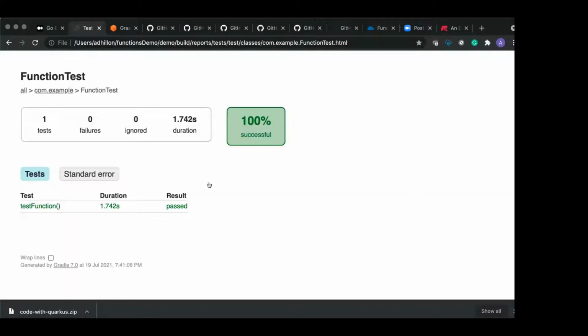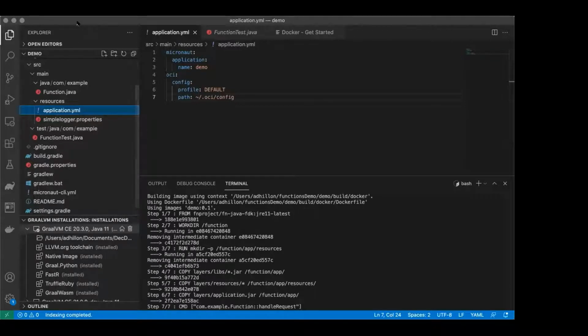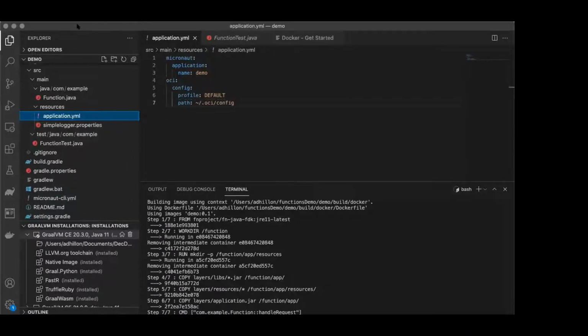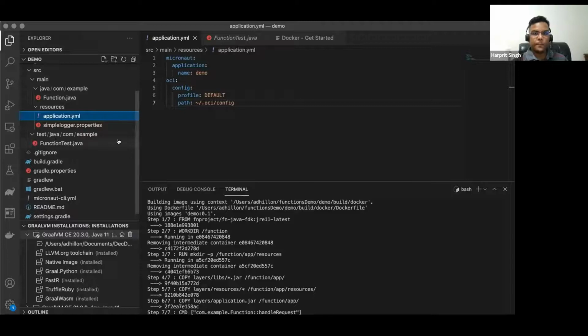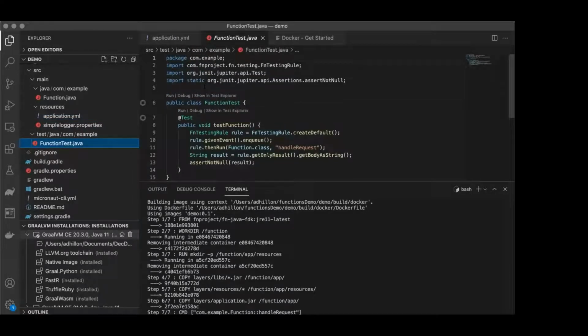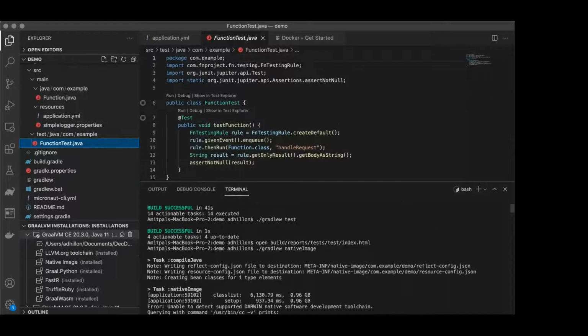Basically what I'm doing is I'm using JUnit for tests, and over here, that's where the FN project is, as you see, and that's the functions test and so forth, right? So in terms of the output, what happens is basically it creates this